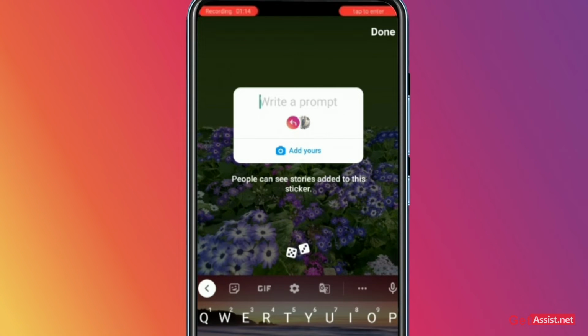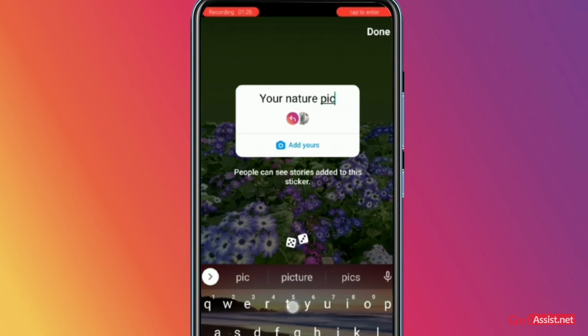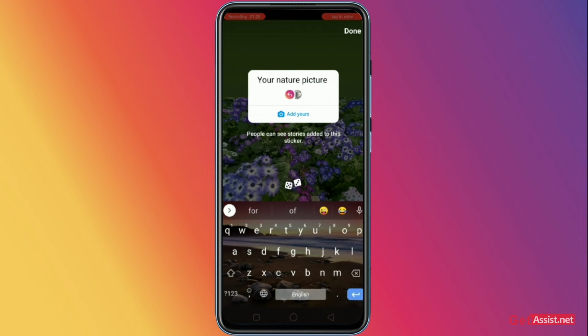So I'll just say "your nature picture," and from this people will get to know that they'll have to add their nature pictures, like any of the pictures that are related to nature. You can write anything. So after that I'll just tap on Add Yours and then click on the Done tab